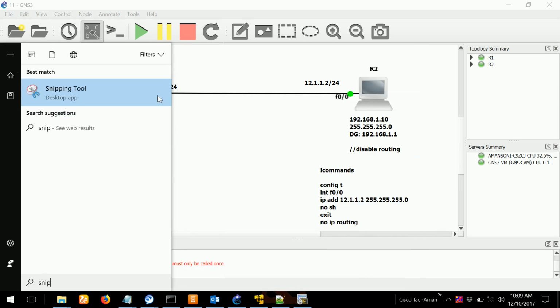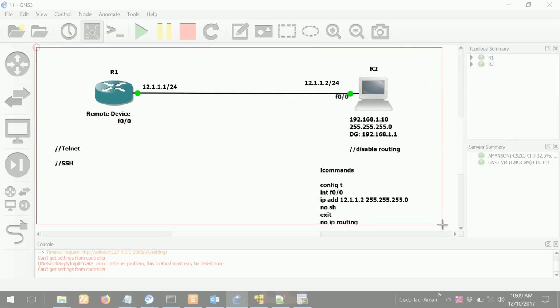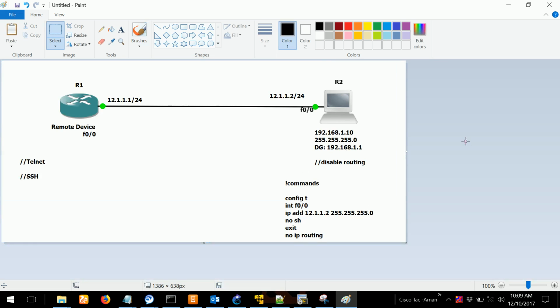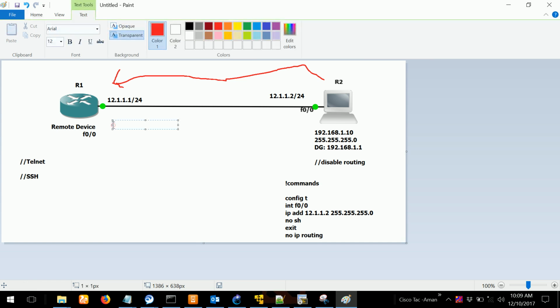Let's make use of our paint. Let's copy this guy. Okay, so we are initiating a Telnet connection. We are coming from far and we want to remotely access the CLI, and we are coming like this all the way from here. Yes, we will go inside the interface, but what particular request we will make to access the router or switch remotely? So that access is made to, it will ask to access what is known as line VTY.